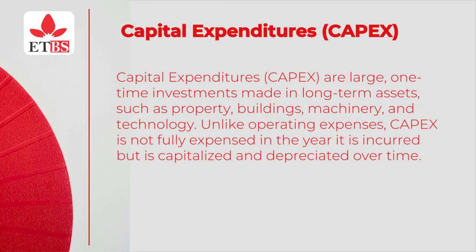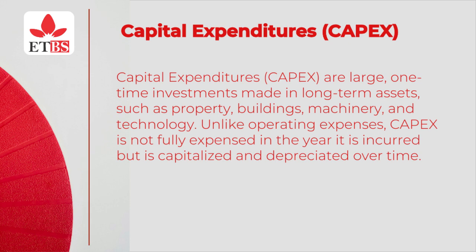Capital expenditures, CAPEX. Capital expenditures, CAPEX, are large, one-time investments made in long-term assets, such as property, buildings, machinery, and technology. Unlike operating expenses, CAPEX is not fully expensed in the year it is incurred, but is capitalized and depreciated over time. 1. Key examples of CAPEX: property and buildings, purchasing or leasing land and office space;